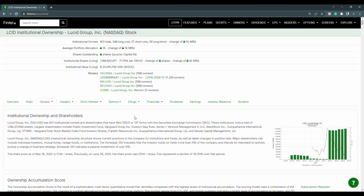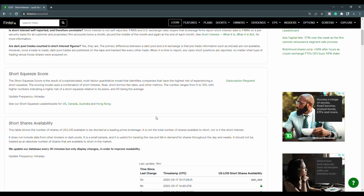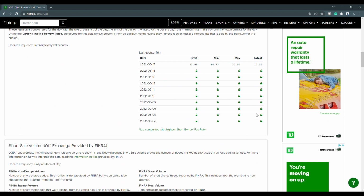Now, when we take a look at the short interest, the off-exchange short volume ratio is at 61.21%, and then for the off-exchange short volume, it is just over 4.31 million shares. Scrolling down on the page, the short shares availability is at 400,000, updated 16 minutes ago, and then for the short borrow fee rate, it's at